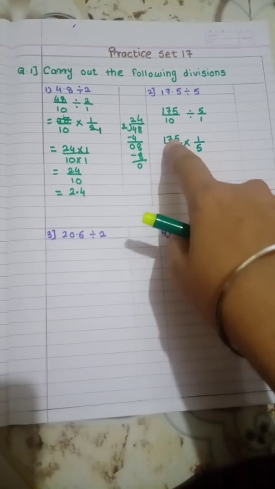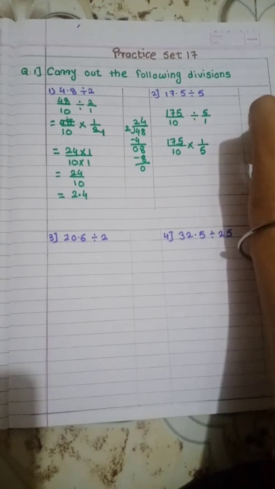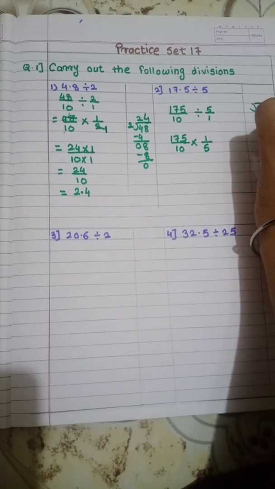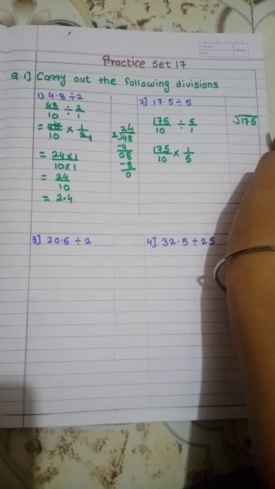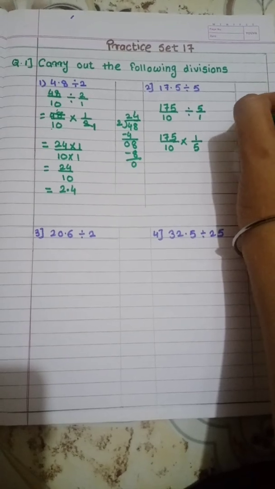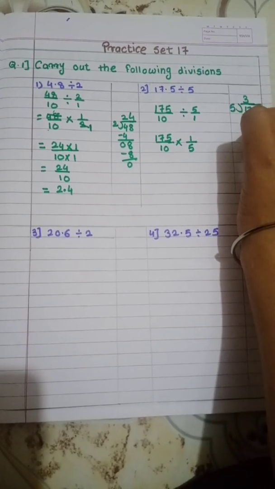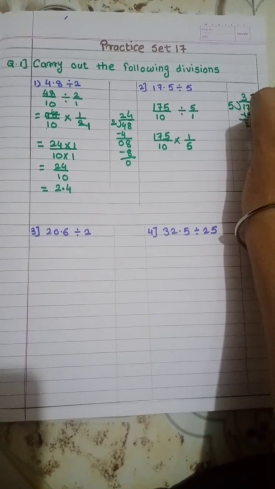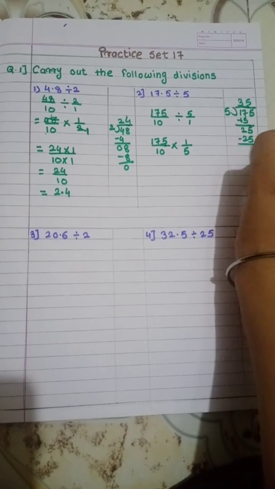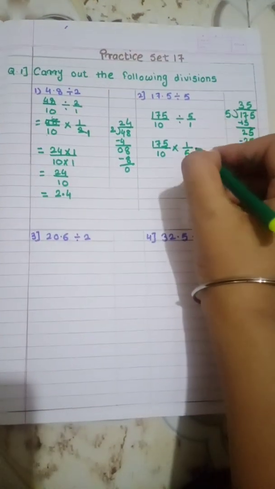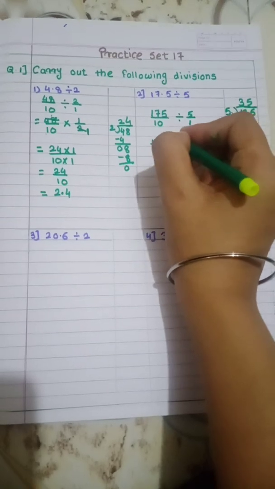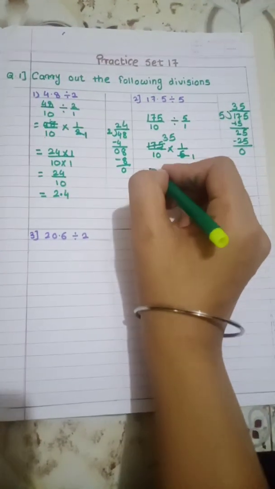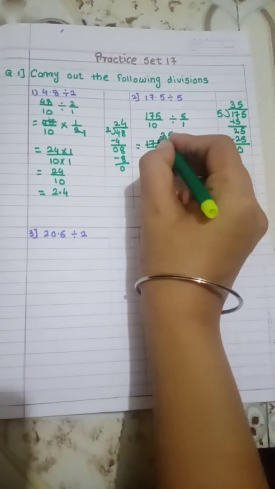Then I have to divide 175 by 5. Okay, I'll do the division here. 175. Okay student, 175 by 5. 5 3s are 15. So 17 minus 15 is 2. Then 5 5s are 25. Okay, so what is the answer? 35. So here 5 1s are 1, 5 5, 35 is 175.